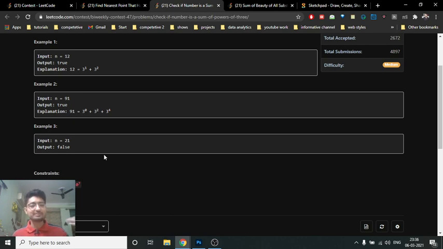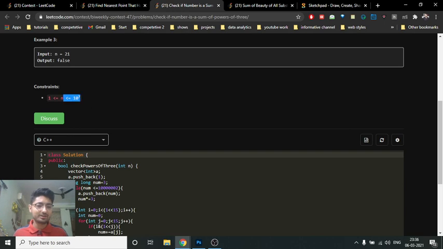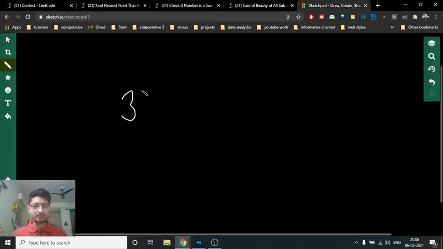So you easily find all the numbers which are 3 to the power n and less than 10 to the power 7, and store them in an array. Then either you take that element or you don't take it, and you check whether you found the answer or not. Now, how many numbers which are 3 to the power n are less than 10 to the power 7?